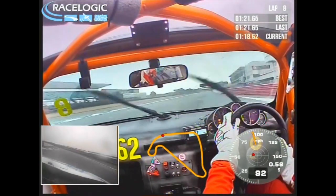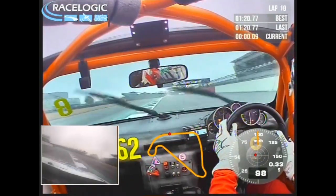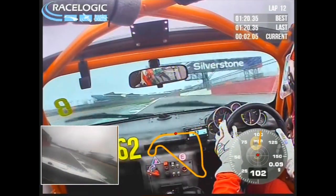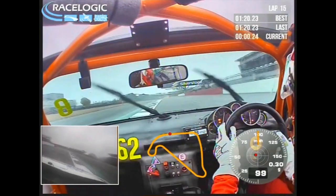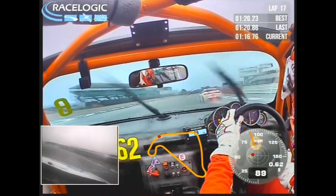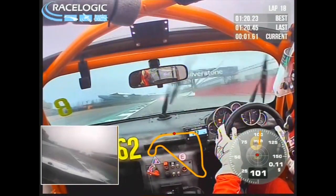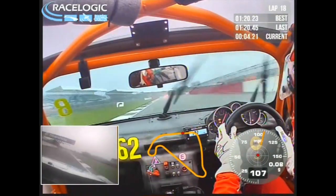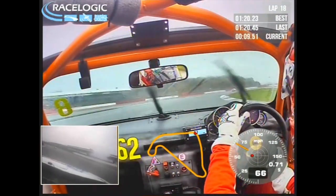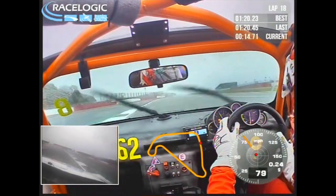Nice consistent laps and building up faster and faster as I gain more experience. Putting in a 20.9, quickly followed up by a 20.7, then a 20.3 a little lap after, then a 20.2 a couple laps after that, and then improving to this lap, which was my best lap of the entire event, mainly because I wasn't overtaken on this lap, and therefore I wasn't held up by people lapping me, or any slower cars for that matter, but it was also my best lap hooked up as well, and I